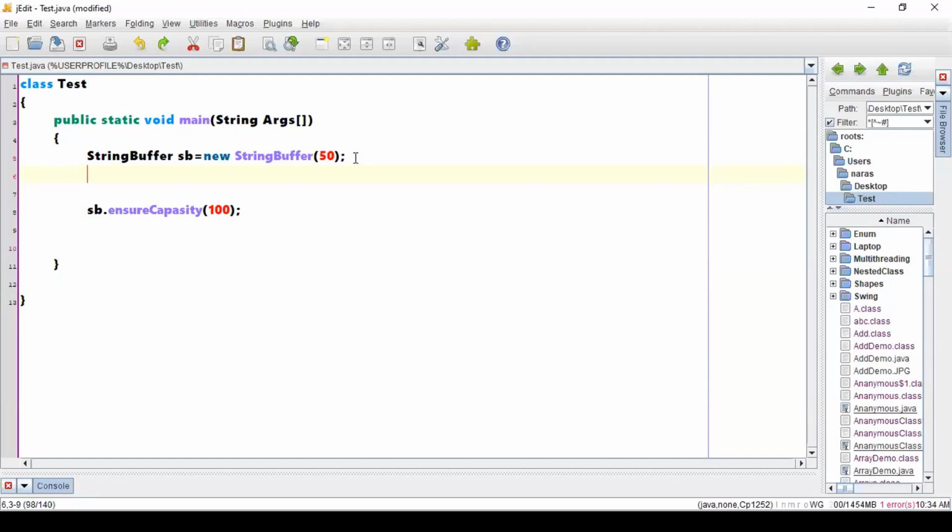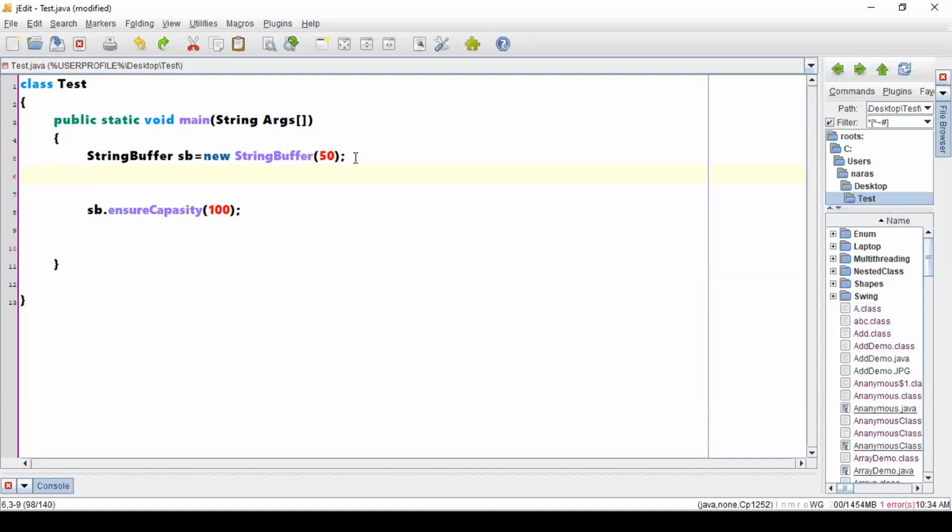After executing a few statements, I got another perception that the capacity should be more, and so I am using the ensureCapacity method. Now you might be getting one more question. Sir, when a StringBuffer itself is growable, as and when you add characters it increases its capacity on its own, then what is the purpose of going with ensureCapacity once again? That might be the question.